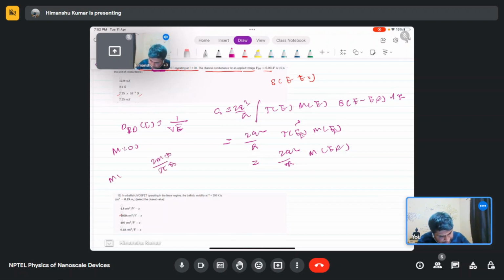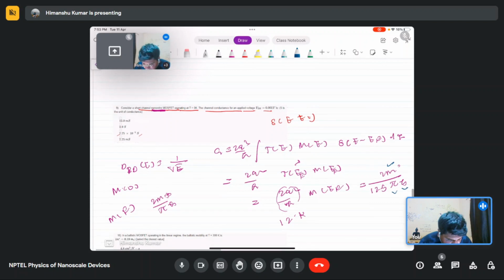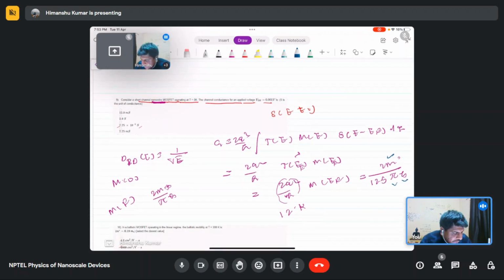So that will be the m of EF, which is the constant. If we put this, it is around 12.9 kilo ohm. Now if we put the mode, 2m star by 12.9 multiplied by this pi h. The values of m star, pi and h are constants, so we can find the conductance. Now this conductance we can find, and if you put all the values, then you will find